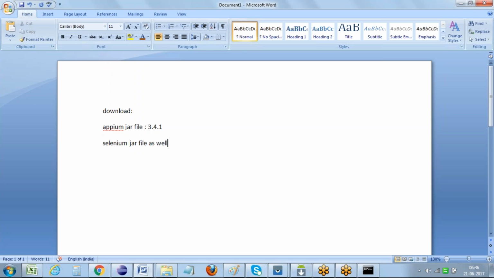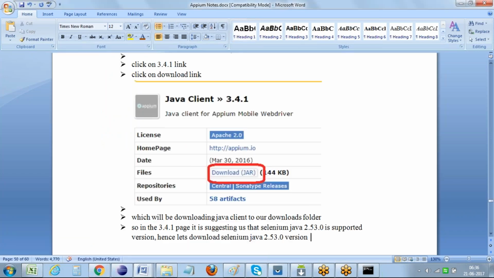Now we need to download this Selenium Java 2.53.0. These are just versions, that's it. To download Selenium Java,